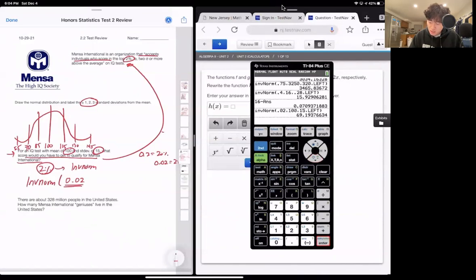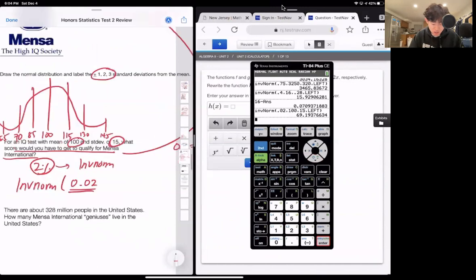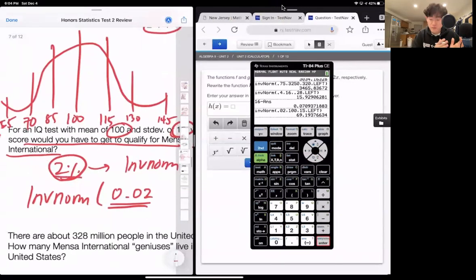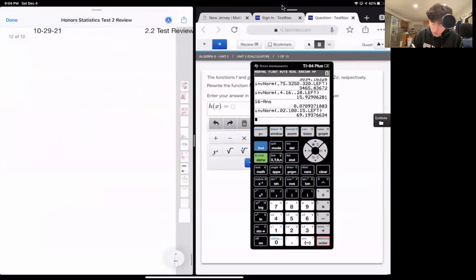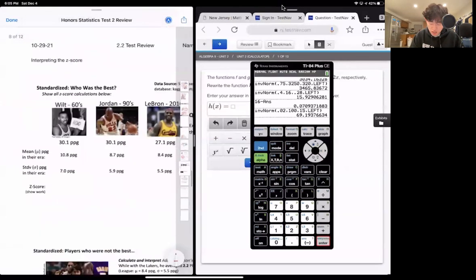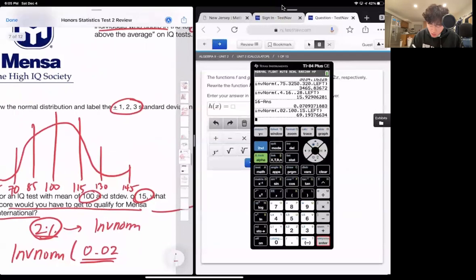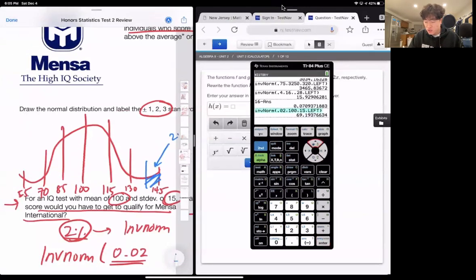And then it gives me that the IQ score for that is 69. I think I made a small mistake here, because if I do 2% at the very least from the left-hand side, that actually gives me the lowest 2%, where I actually want the highest 2%. So if I want the top 2%, I can change this to the right-hand side of the curve,